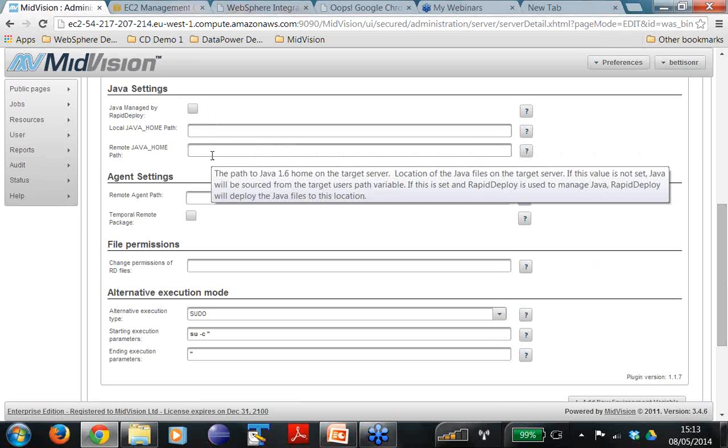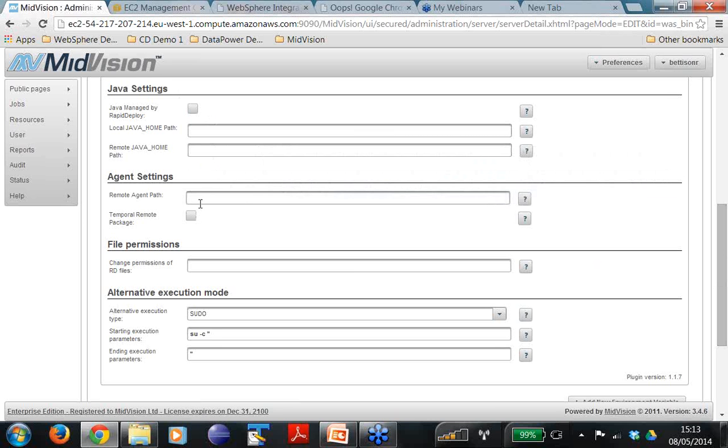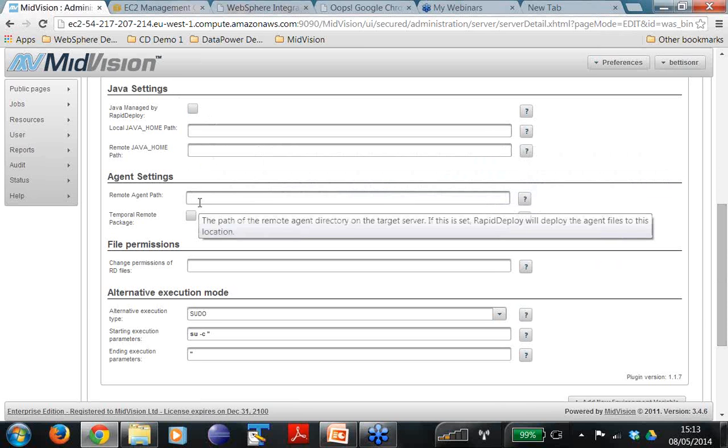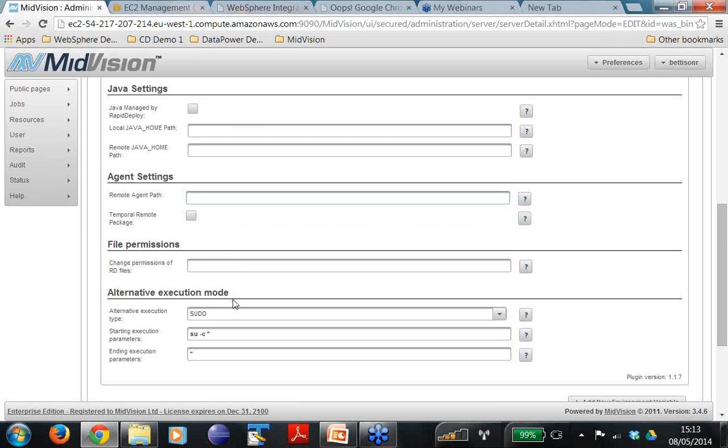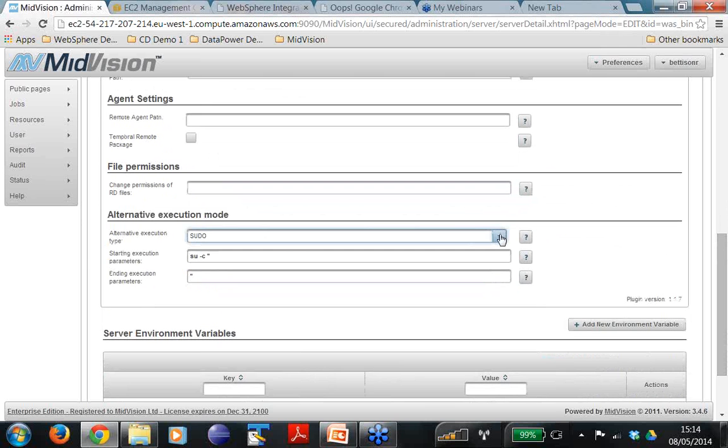We can also decide which version of Java on the target we're going to use if we're not going to use a default one. We can allow SSH to configure an agent on the target, and then from now on we can use an agent to do the deployment, which we might want to do. We can change file permissions of RD files, and what we can also do here, and this is the crucial